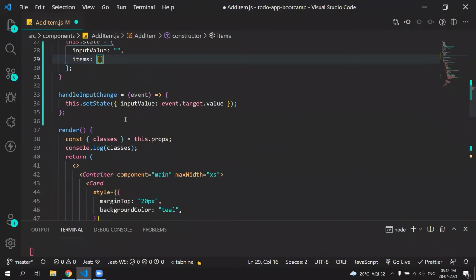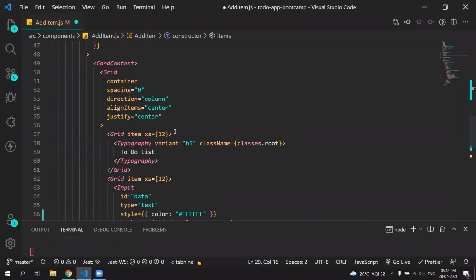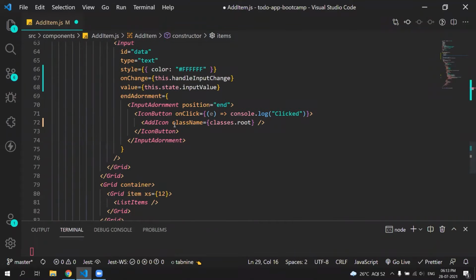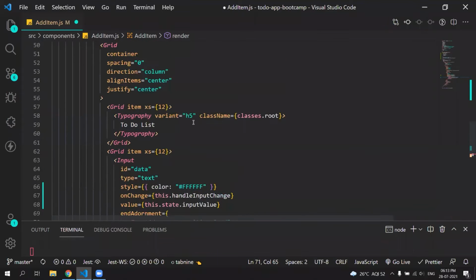Now we need to write the functionality in this add icon. We have already written onClick, so let's just remove this and give it a function name called addItem.